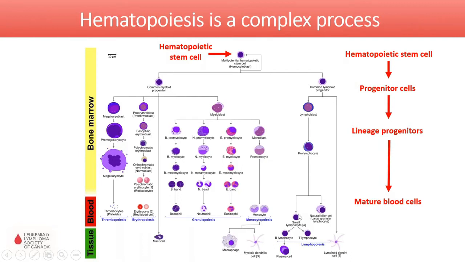So you have a hematopoietic stem cell, and from this cell we have progenitor cells, which are cells that are still primitive, but they're already committed to a certain lineage. Then you have all these progenitor cells, and at the end you get mature blood cells that appear in the peripheral blood and in the bone marrow. These are the cells that do the actual work, such as supporting the immune system or blood clotting, or, as for erythrocytes, carrying oxygen. And this is very important to keep in mind because leukemia arises from this complex